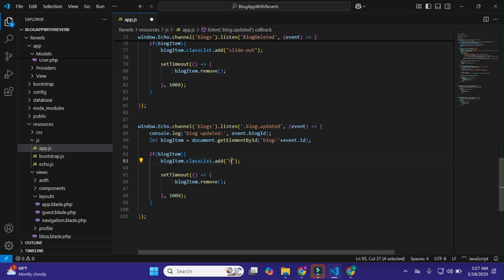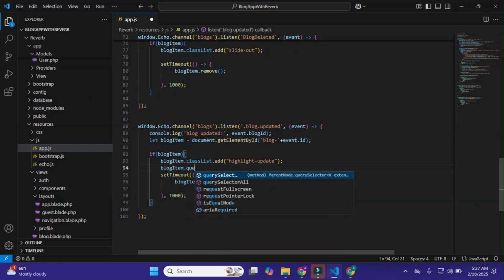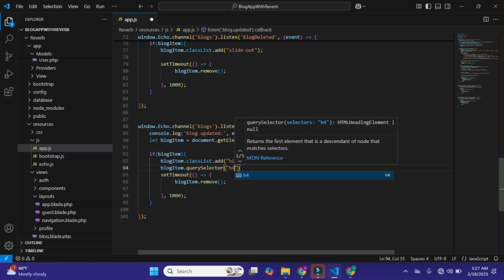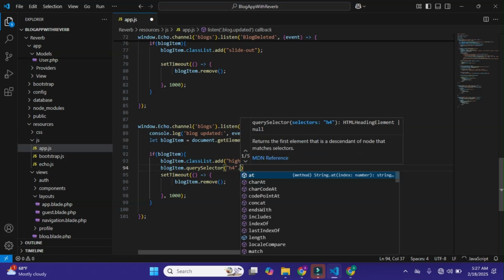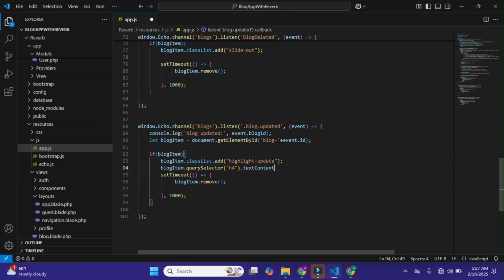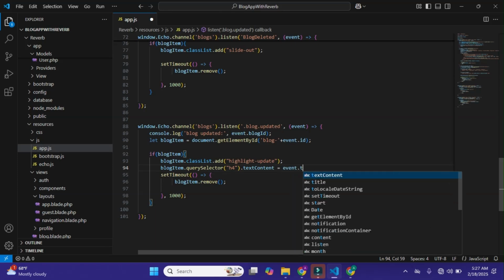Here I'll add if blogItem.classList, highlight blog, which simply highlights the blog update. I'll make it highlight-update, and after this I'll make it blogItem.querySelector h4 .textContent, and within the textContent I'll pass event.title.